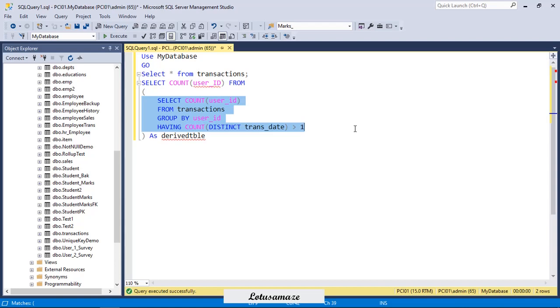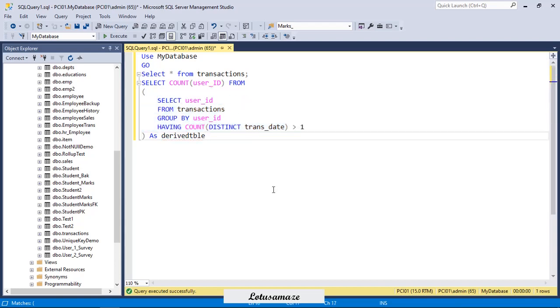This part will generate a temporary result set in memory, and the result would be in table format. From that table, in the parent query, we are counting the number of rows of user ID, because the result of this query is passed to the parent query. In the parent query, if you check select count from derived table, it's a normal query, and the table is coming from the inner one.